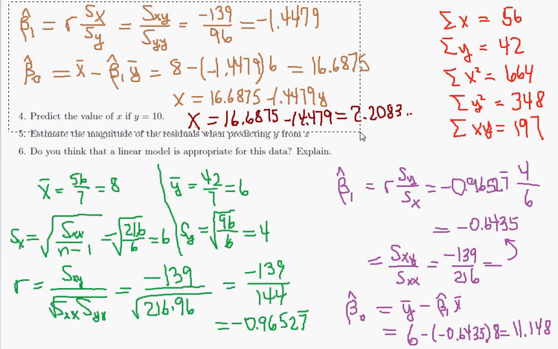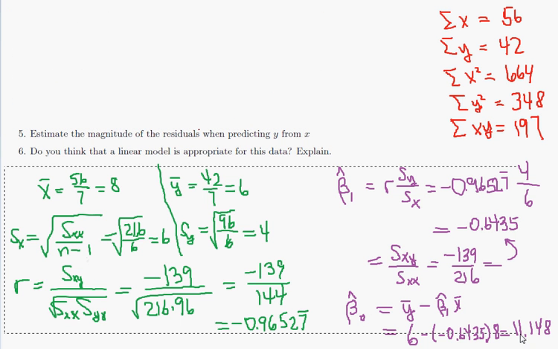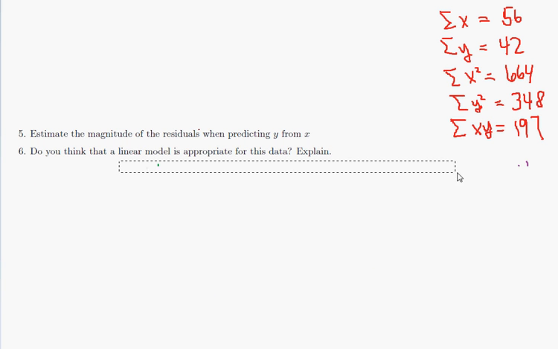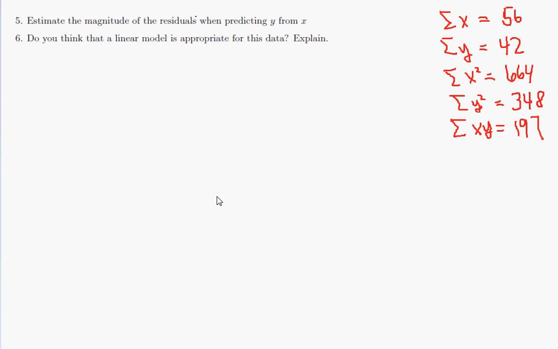So let me clear off some space so we'll have room for this computation. Estimate the size of the residuals when predicting y from x. For this one, there's a fairly nasty formula, so let me write that down for us. If the x's are known and the y's are unknown, the prediction formula goes like this: the magnitude of the residual, sigma, is going to be equal to the square root of the sum of the squares of the errors, SSE, divided by n minus 2,